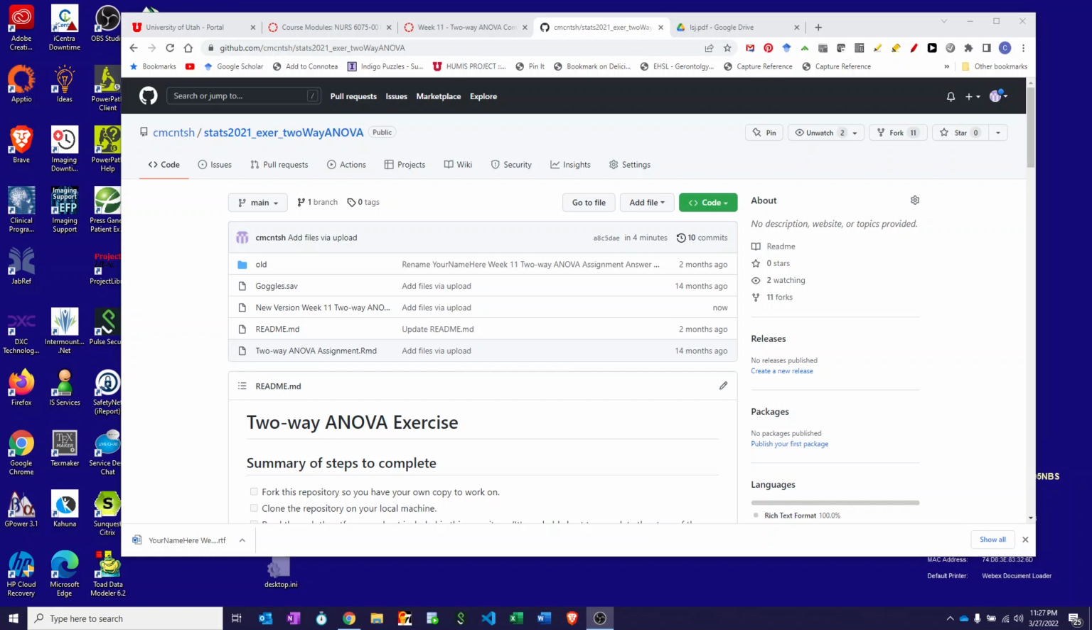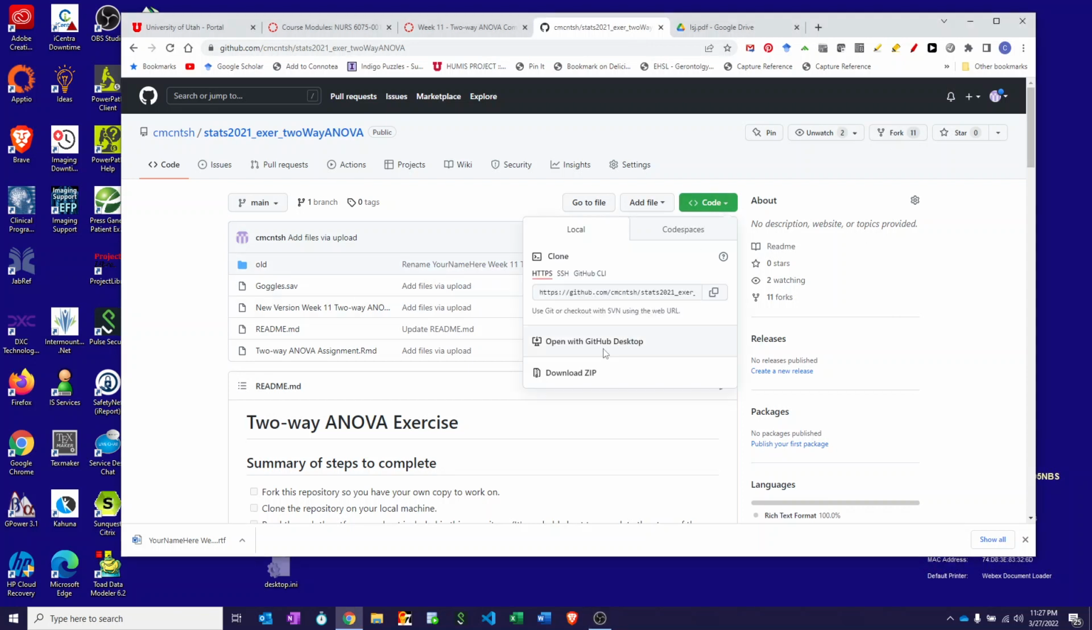Hi guys, I'm going to give you a computer demonstration of how to do the two-way ANOVA assignment. So in the GitHub repository for the assignment, if you haven't, you want to fork this assignment to go to your own repository, and once you do that, you can download the files for this assignment